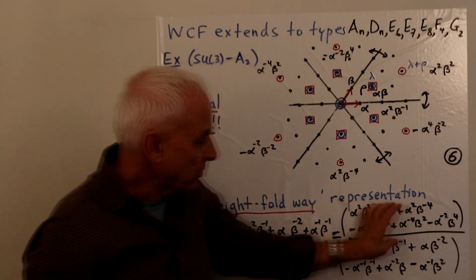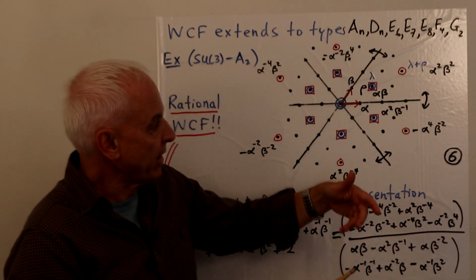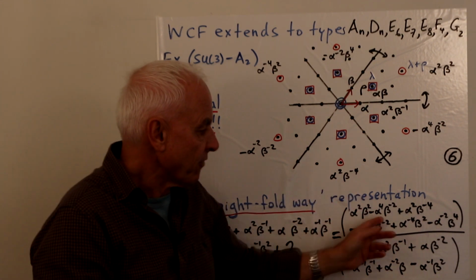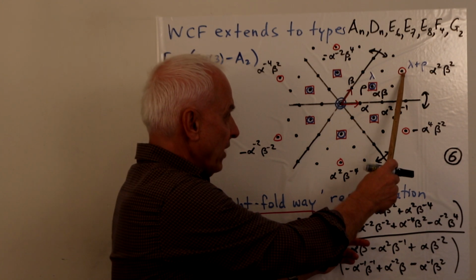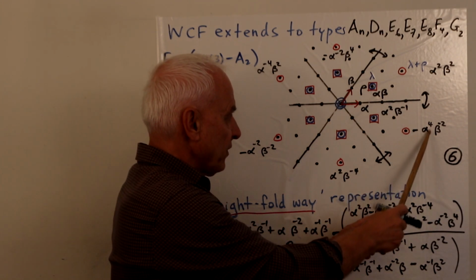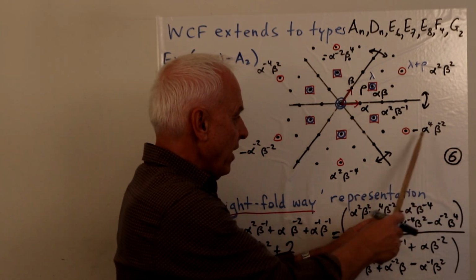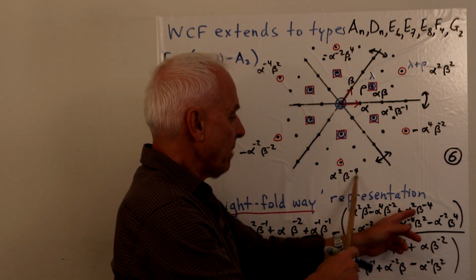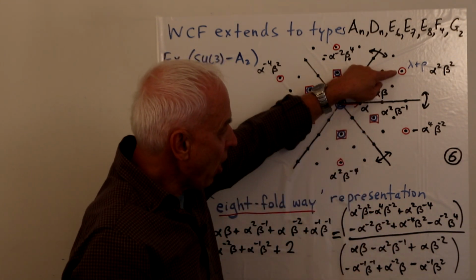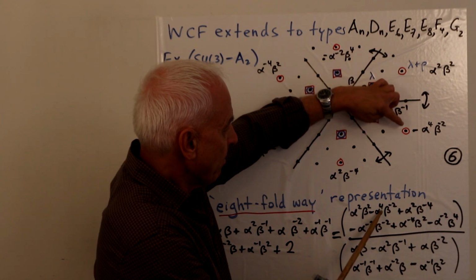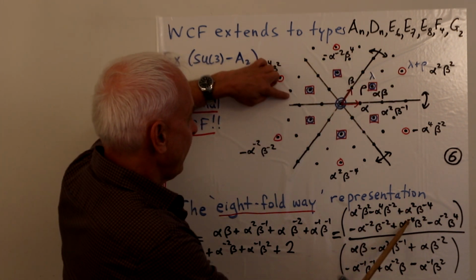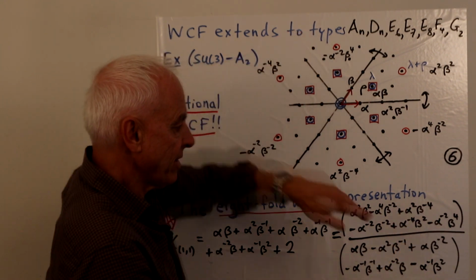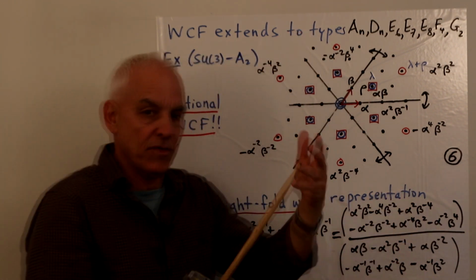And the Weyl character formula says that we should take the corresponding integral polynumbers, like this one is alpha squared beta squared. This one corresponds to alpha to the 4th beta to the minus 2. This one to alpha squared beta to the minus 4, etc. But we should take an alternating sum, so plus, minus, plus, minus, plus, minus. Okay, so that's the alternating, that's the numerator.